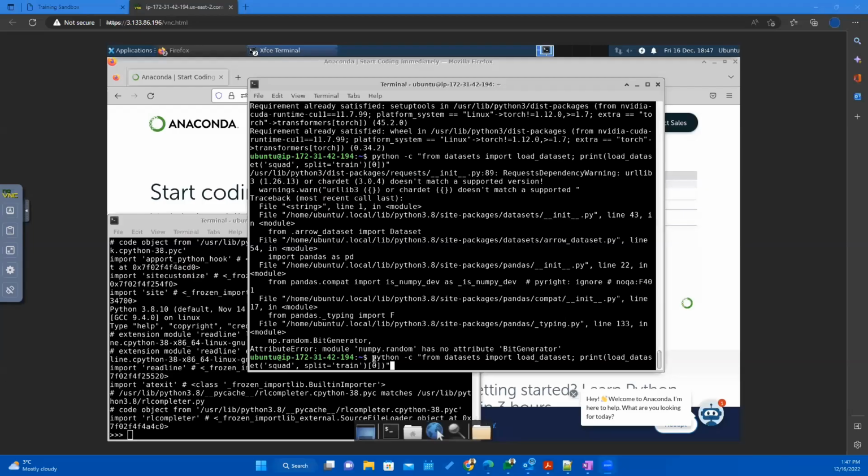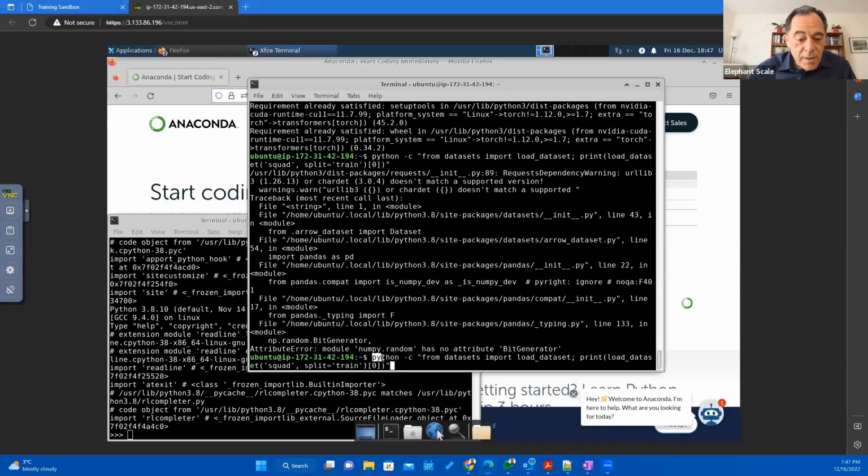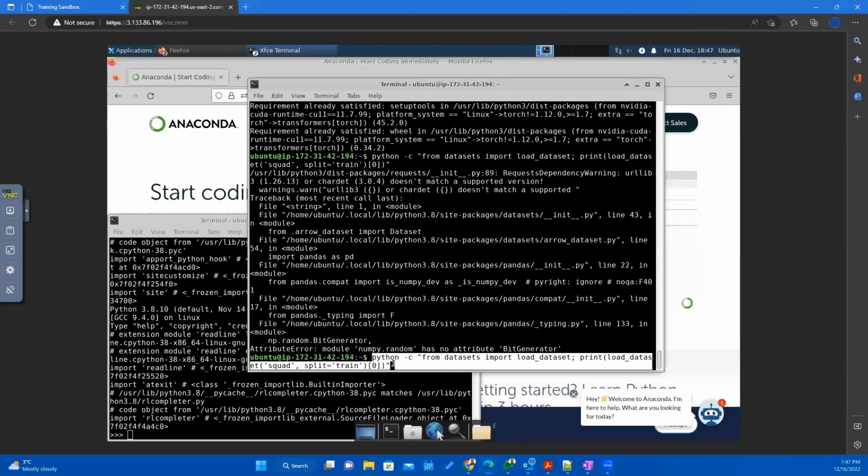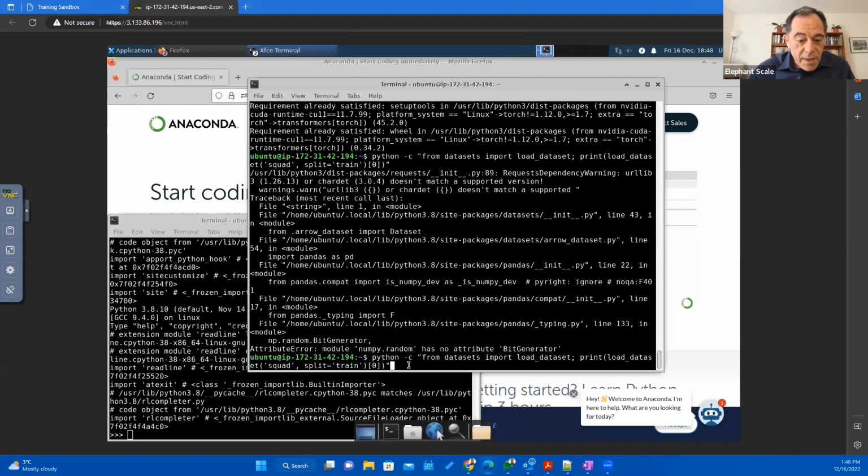Okay, let me share my screen. Is my screen visible? Yeah, very well. Okay, so this is what I'm typing. That's from datasets. Are you typing or copy pasting? Copy pasting.